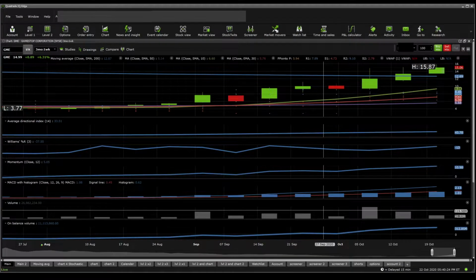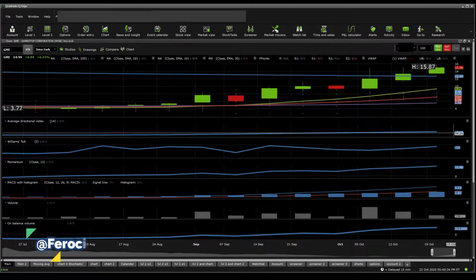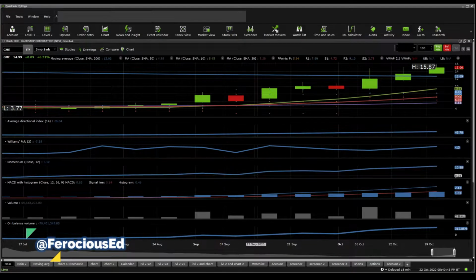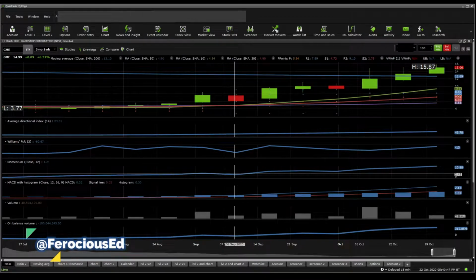On a 1 week perspective, what we get to see here is a really nice uptrend that continues to grow. That really looks bullish on a 1 week perspective. In terms of the ADX, we're sitting at 43.78. Above 50 is where we start seeing the dangerous warnings of a downtrend. Williams percent R here looks overbought. Momentum seems to be really strong and bullish ever since the week, I would say, of the 30th of August